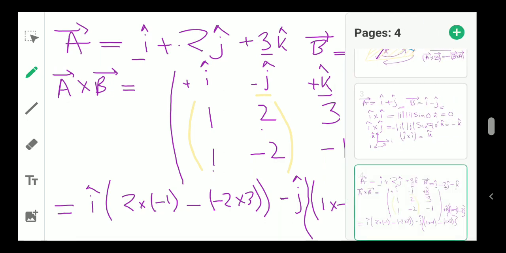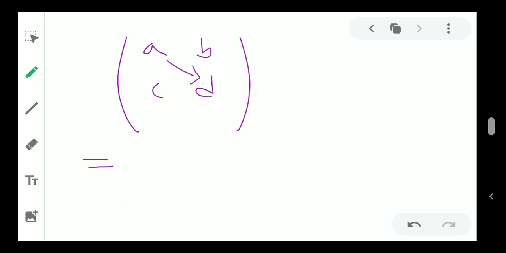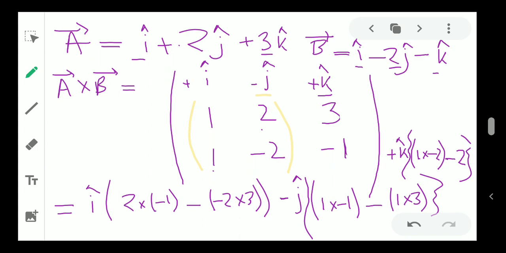Now the next thing, you have seen this, I am doing it like this. When you have this kind of arrangement and you have to find the determinant value of this, what you have to do is multiply this, then subtract the product of this. That means AD minus CB. This is the procedure. Okay, now in case of 3 cross 3, that means you have a total of 9